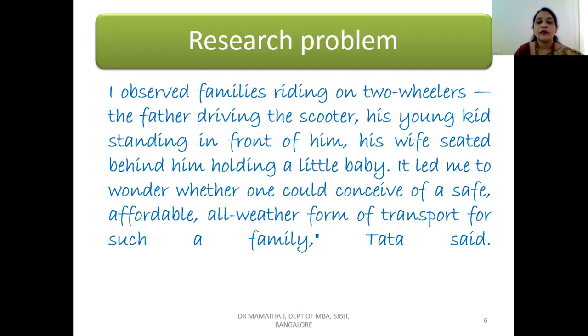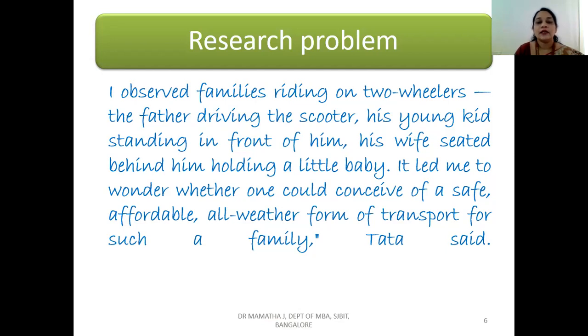One individual started observing the people who are riding two wheelers. Most middle class families use two wheelers because they cannot afford a four wheeler. What usually happens is the father drives the scooter, with one kid sitting in front of him and one more in the hands of his wife, your mother. It is too risky driving a two-wheeler like this. But still, since they cannot afford a four-wheeler, where it can accommodate all four comfortably,